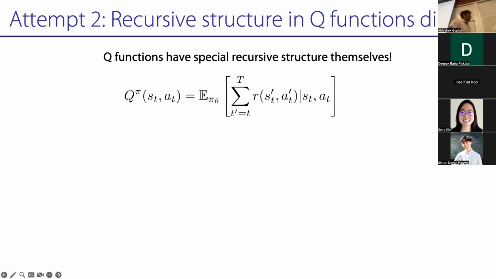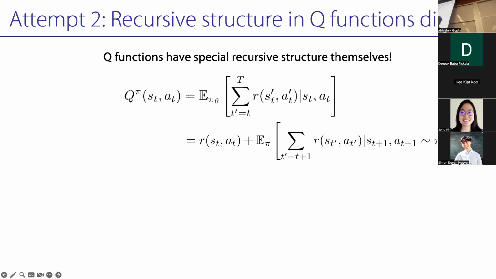Okay, so we found that we have something that's lower variance, but it's still on policy. So the next thing we're going to try and do is something off policy. The basic structure of how we're going to be off policy is we're going to take our Q function, which is the sum of rewards in the future starting from S and taking action A, and do recursion directly on the Q function, not on the value function. We're going to show that recursion on the Q function allows you to be off policy.